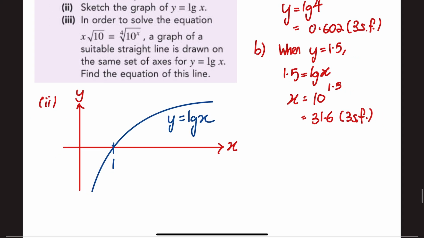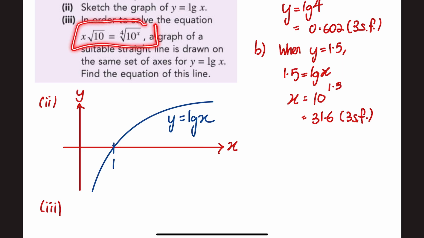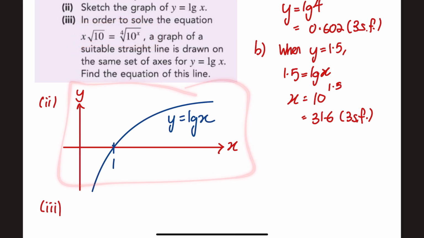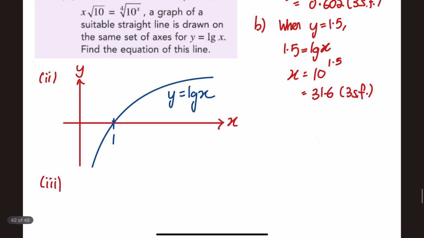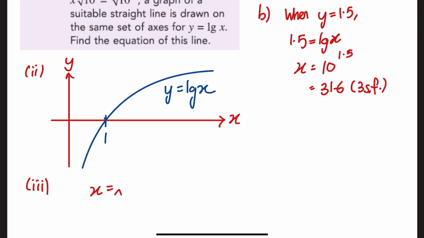Okay, and the last part here. Part 3. In order to solve this equation, a graph of a suitable straight line is drawn on the same set of axes. That means, to solve this equation, I'll draw a graph of a straight line on this axis here. So how do I do that? Let's start with the equation given first. I must have the equation here. Let's write out x times root 10